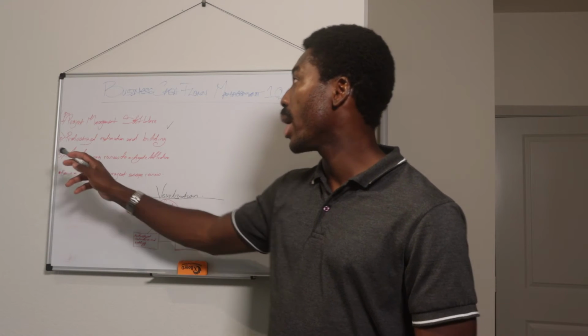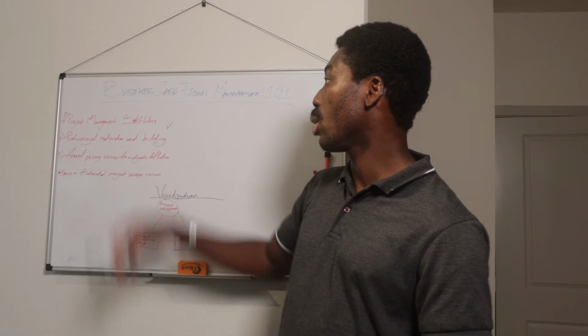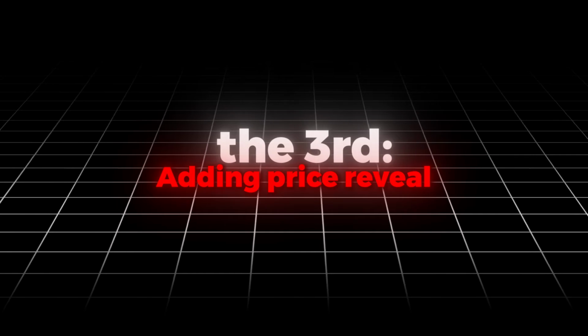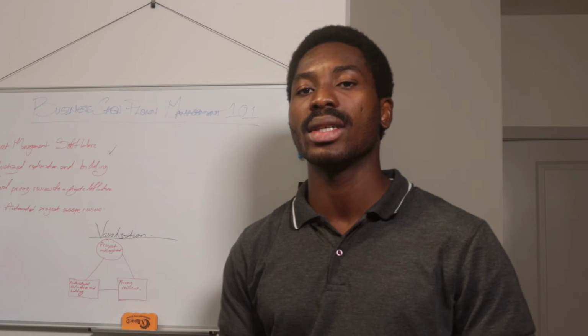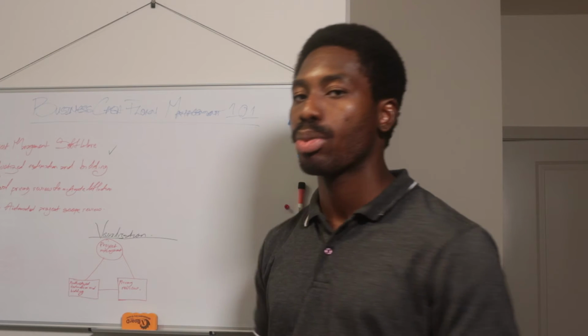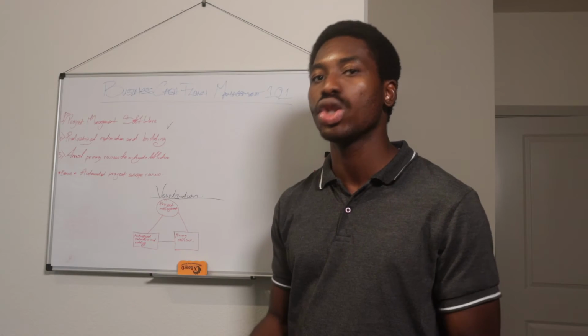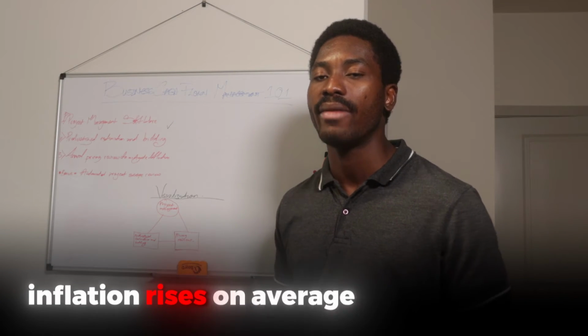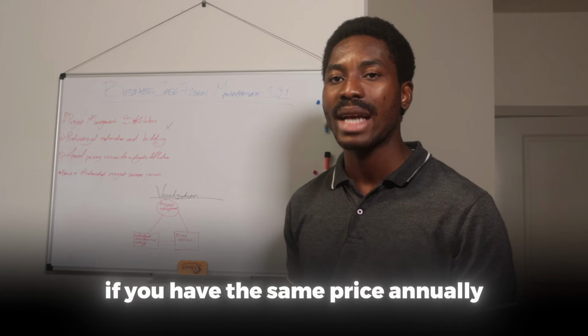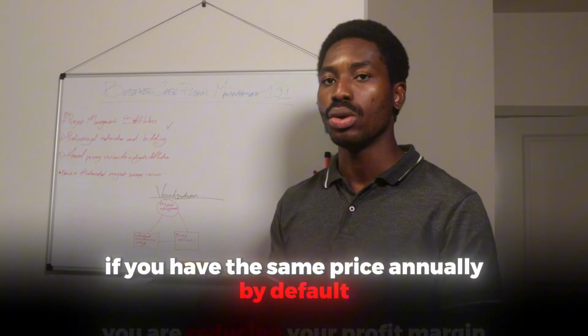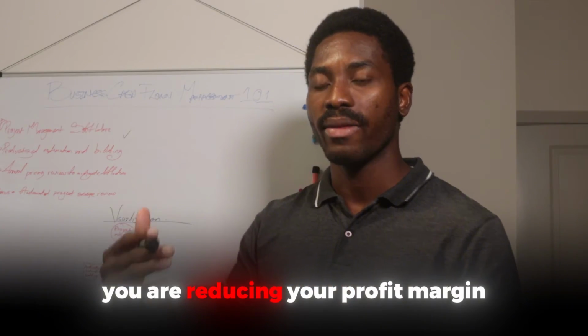The third and final way to optimize your cash flow management is adding price review to mitigate inflation. So you don't want to have the same price or the same cost for your service or your product 5 years in a row. That's stupid. Inflation rises on average by 2 to 3, if not 5% annually. So if you have the same price annually, by default, you are reducing your profit margin because inflation is going